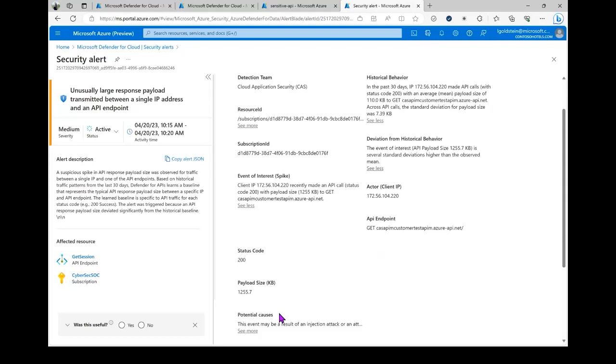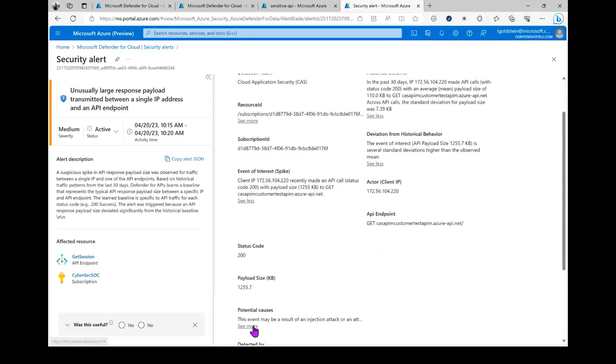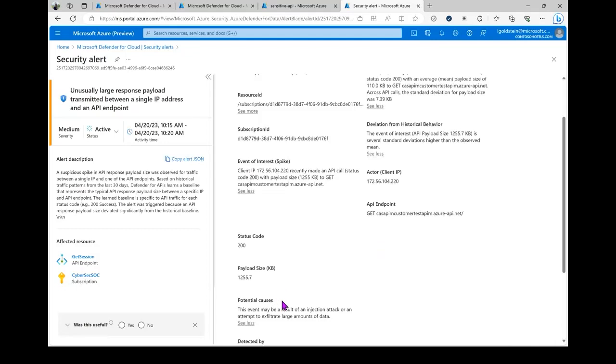But at the same time, if they determine that this isn't normal, this can be a result of an injection attack or an attempt to exfiltrate sensitive data or any sort of data from this API endpoint.